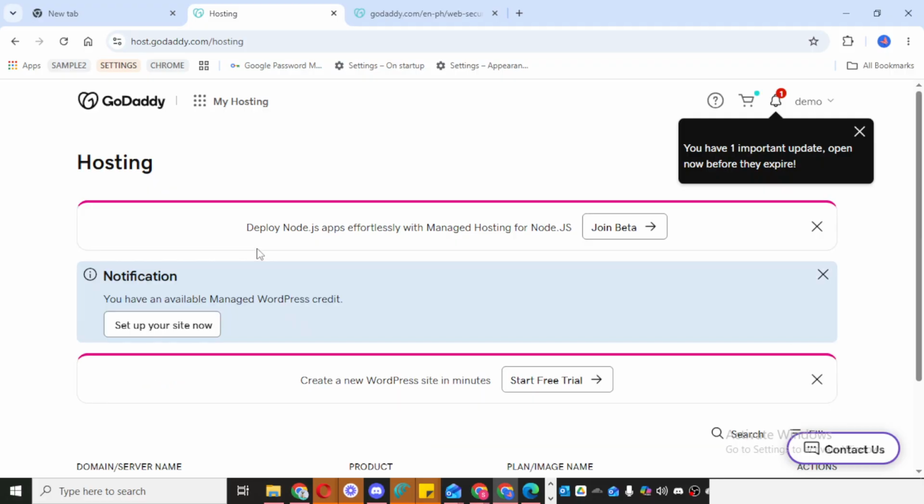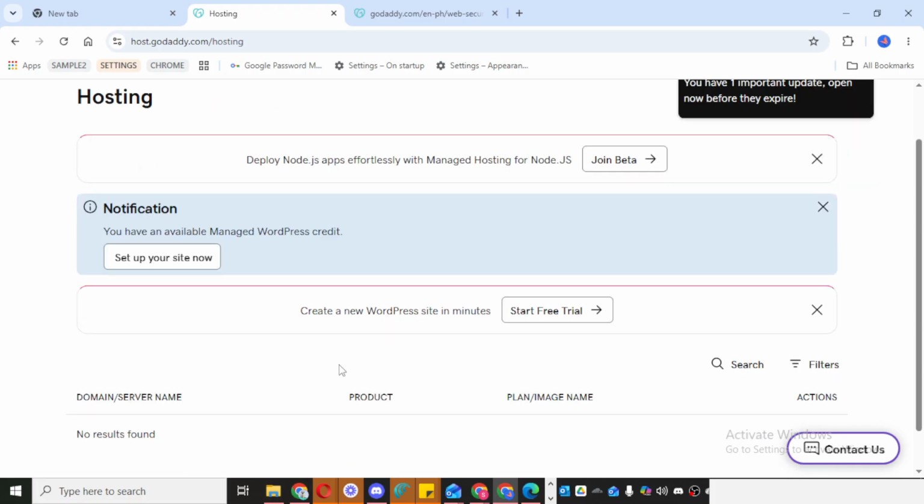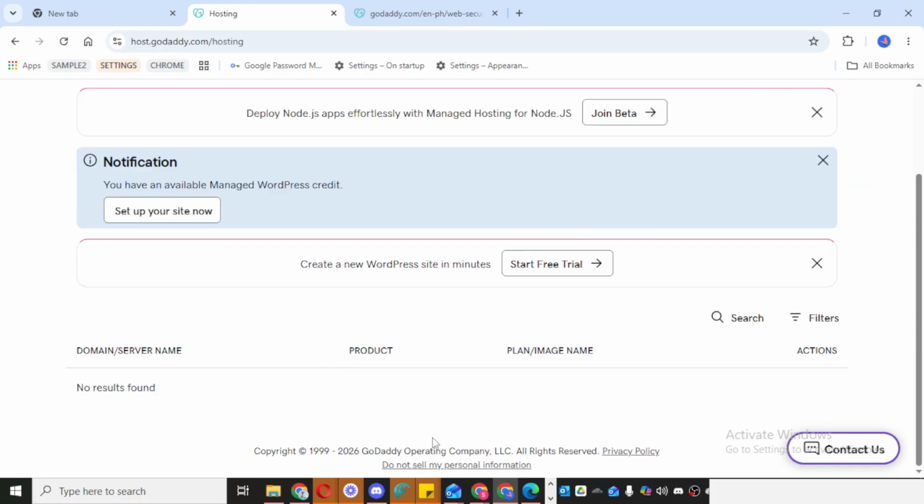After you open that section, you will be able to find the details of your current hosting plans. This area is useful because it helps you review what is already active on your account, if anything is active at all. Take a moment to look through the information carefully so you understand whether you are purchasing a new plan or managing an existing one. This can help avoid confusion, especially if you already have another hosting product in your account.